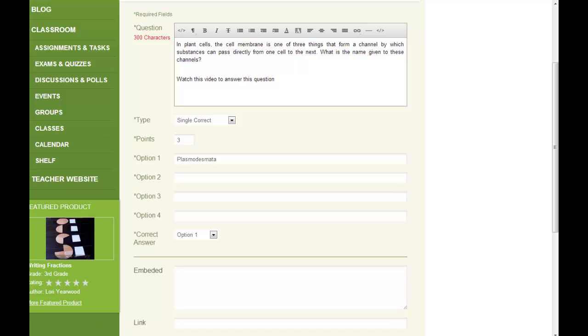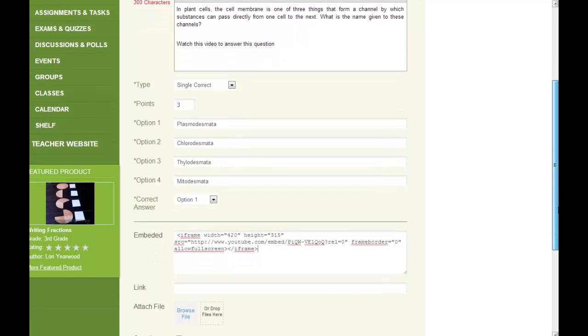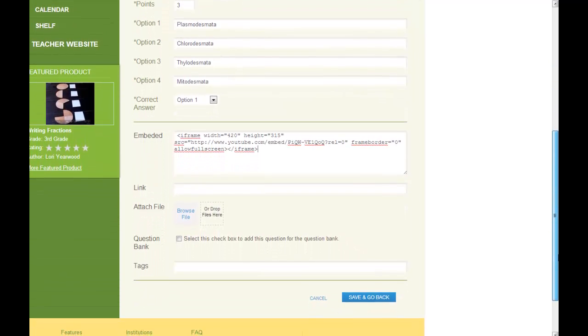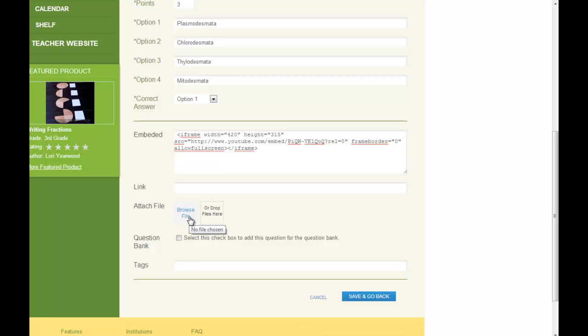Option one. And choosing the right answer. And here I'm embedding the video, an iframe embedded widget that the users will see while answering the question. Again, you have the ability to attach files and